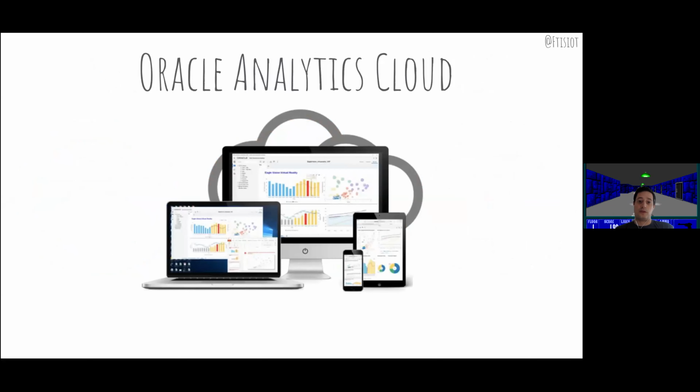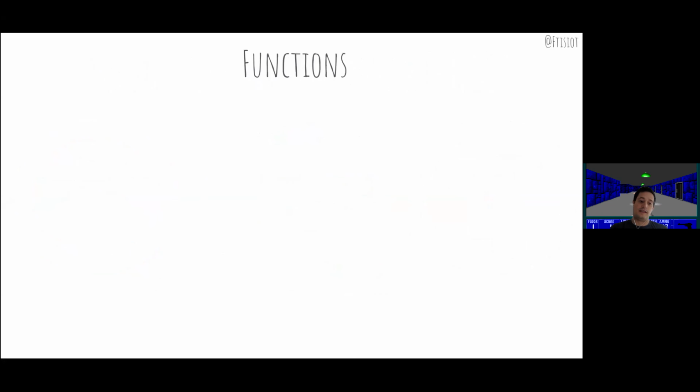Let's have a look at what Oracle Analytics Cloud is, because it's what we in the Oracle family have been familiar with since a long time. Oracle Analytics Cloud is, as I said, an empty analytical platform. You have to put your data in and start doing analytics. However, it's one of the few, or maybe the only analytical platform that solves both ways of doing analytics in the current era.